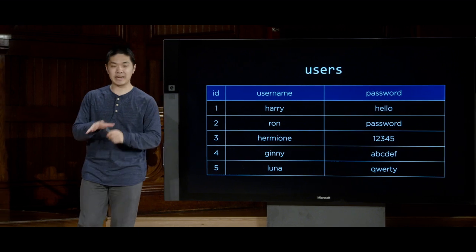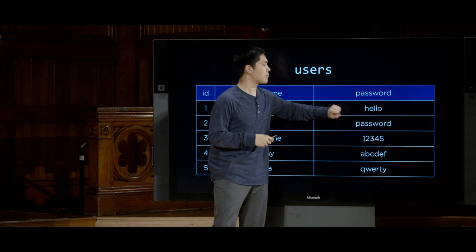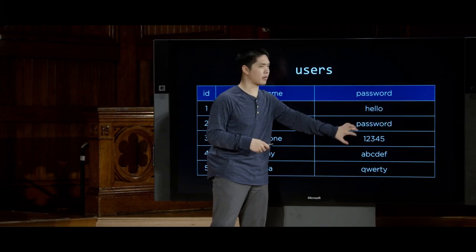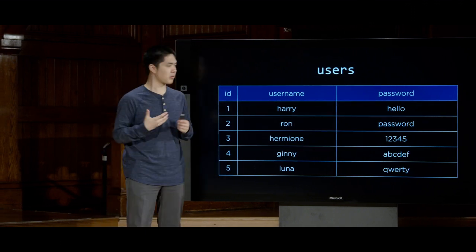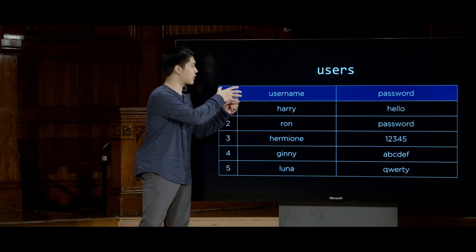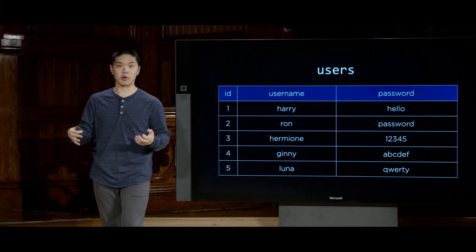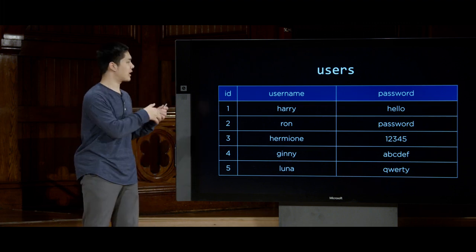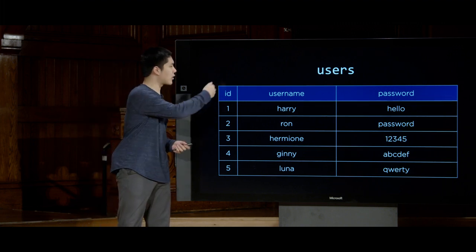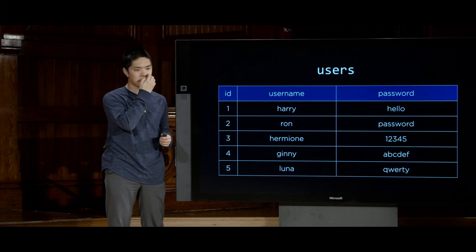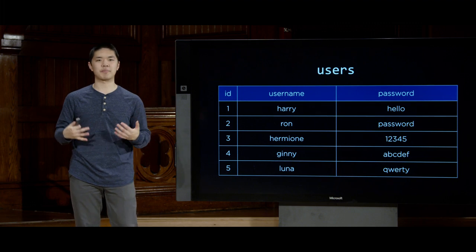But this turns out to be an incredibly insecure way to store passwords, to be storing passwords in what might be called plain text, just to literally store the passwords inside of a database. And we should never do this in practice because of the security vulnerabilities associated with it. If ever someone were to get unauthorized access to this database, they would be able to see all of the passwords for all of the users. So if this database ever leaked for whatever reason, suddenly all of these passwords are now known. And this kind of thing does happen, that if companies are not careful about how they represent usernames and passwords inside of their databases, and if ever there's some sort of database leak,